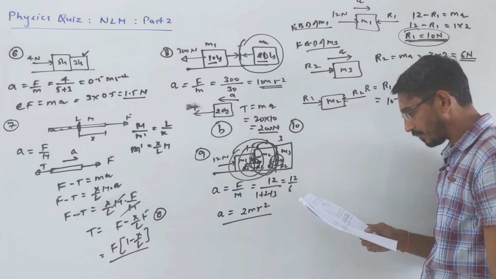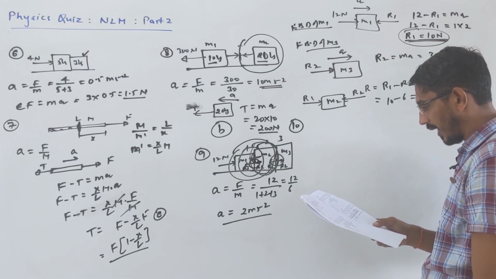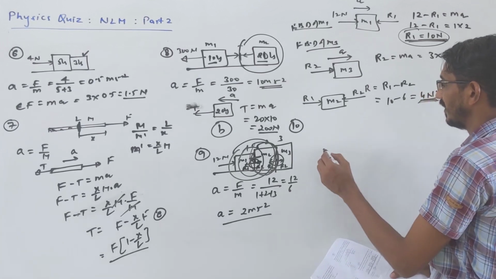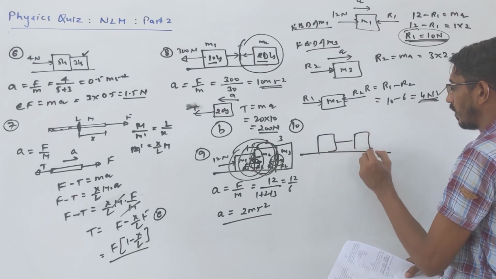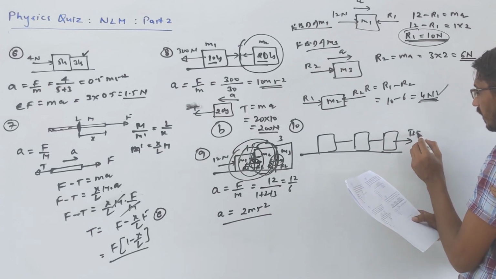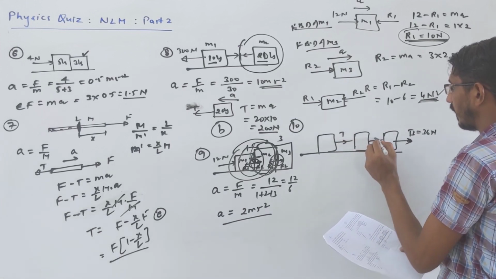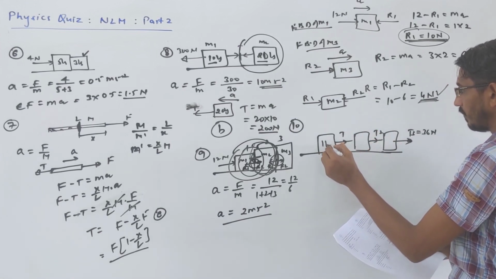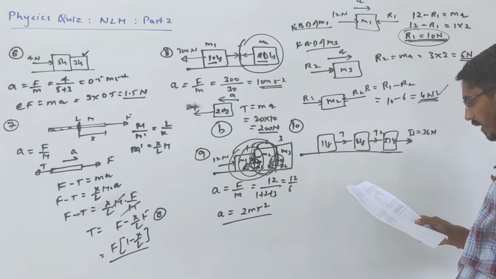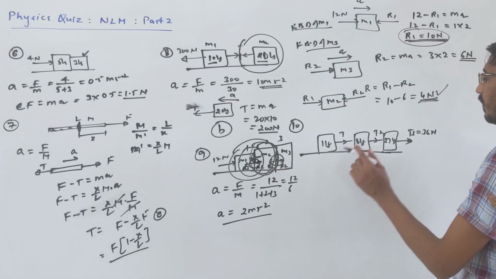Let's write problem number 10. Two blocks are given, again, 1 kg, 8 kg and 27 kg. If T3 is given as 36 Newton, what will T2 be? Very nice question. So look here, this is one block, two block, and this is a third block. Here T3 is already given to us as 36 Newton. T3 means a force applied at this point itself, right? Here they are calling T1 and here they are calling T2. This is given as 1 kg, this is 8 kg and that's 27 kg. These are all the forces given, right? So we have to find the tension T2 here.